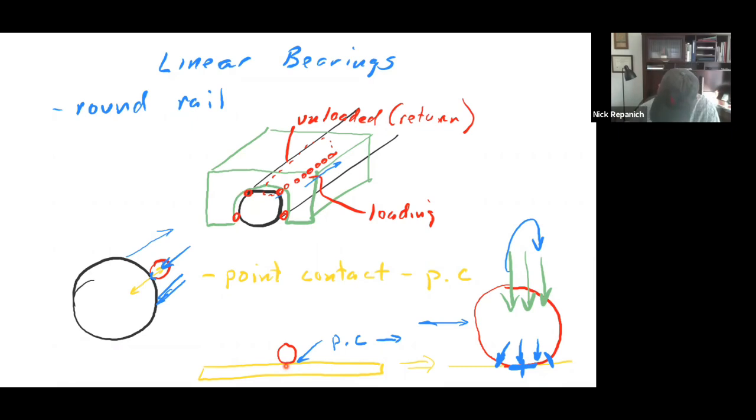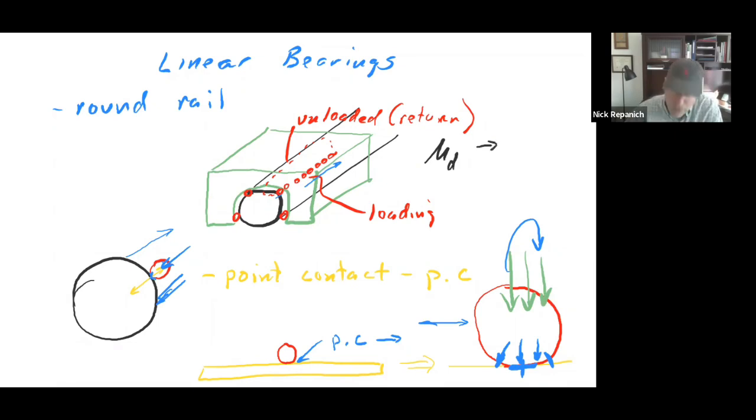Okay, what we're going to do, and so this round rail initially got built because the shafting is easy to make. A round straight shaft is fairly easy to make. And this ball bearing, making it roll along there, is fairly easy to make. But as you load it, the change in friction dynamic